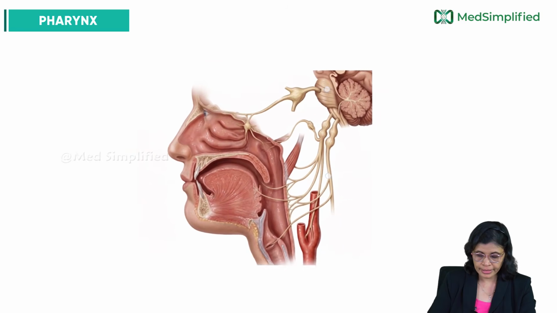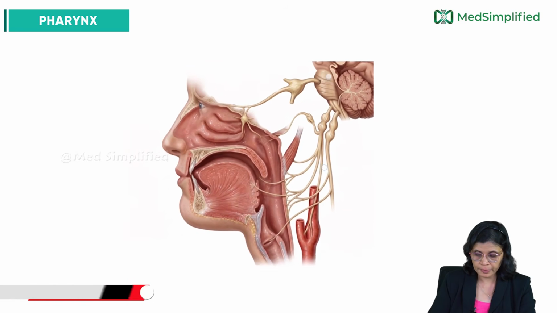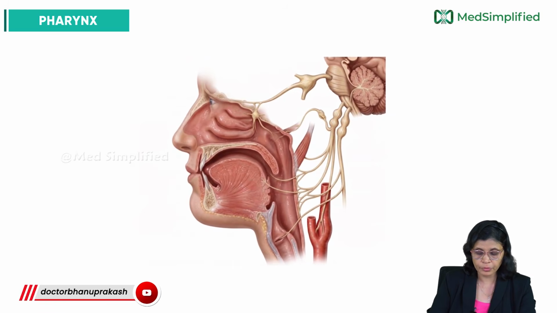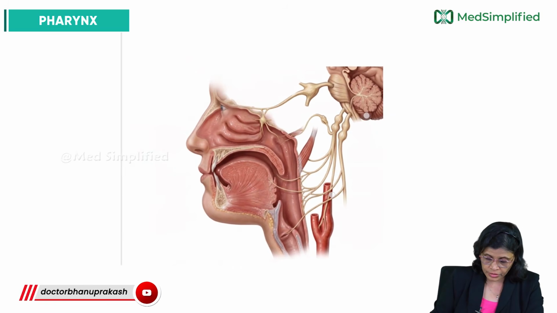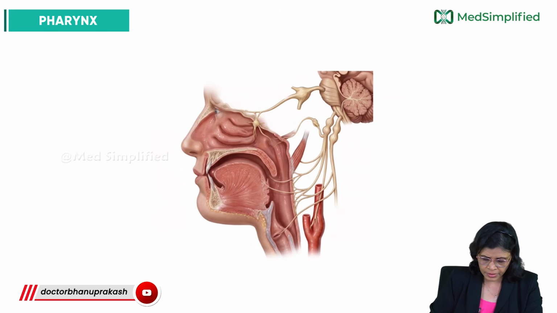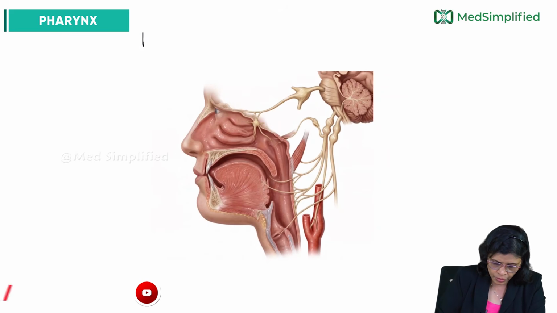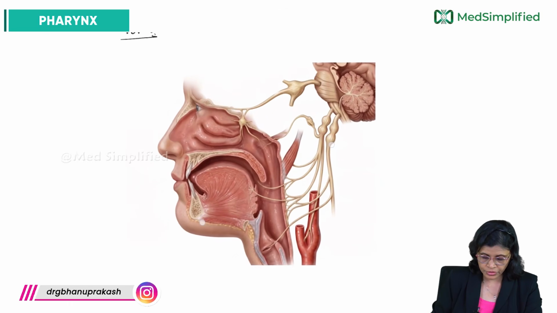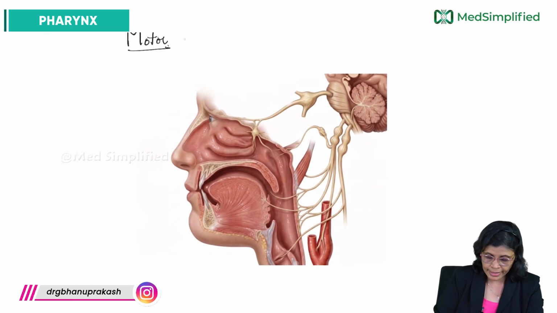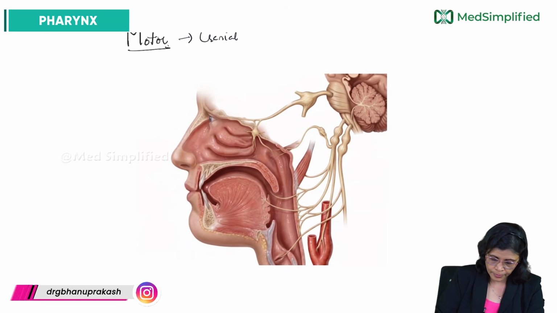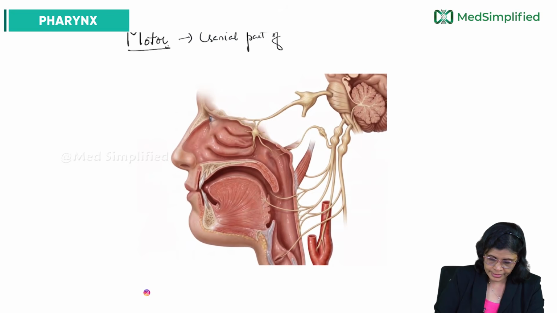So let's see the nerve supply of the pharynx. Here we have the motor supply as well as the sensory supply. This is very important because it is a very common MCQ. For the motor supply, all the pharyngeal muscles are supplied by the cranial part of the accessory nerve